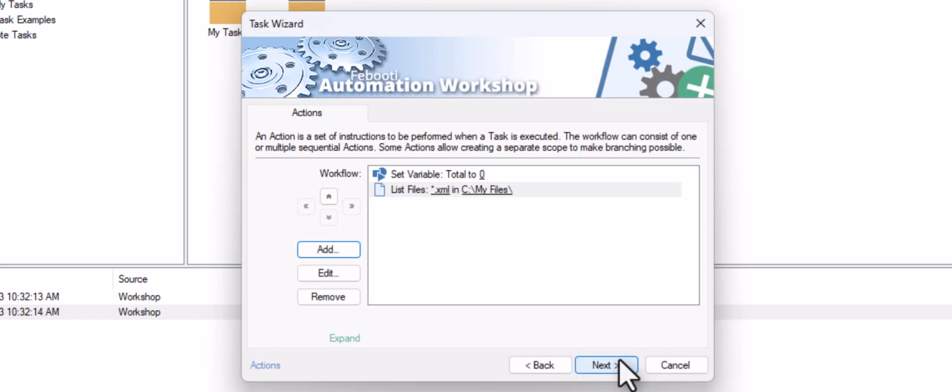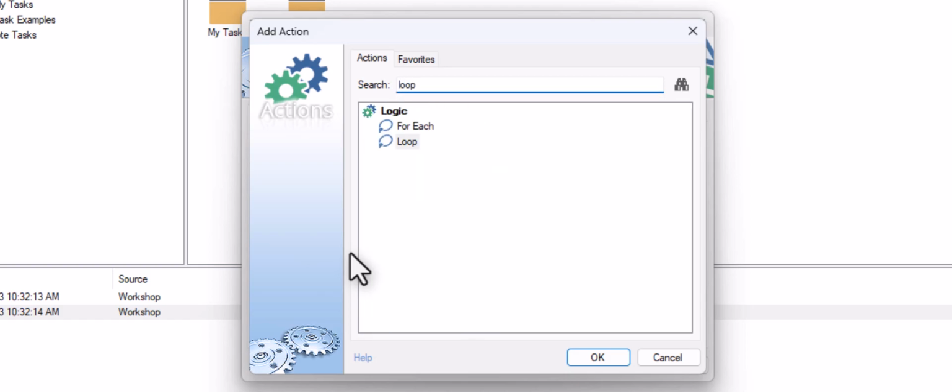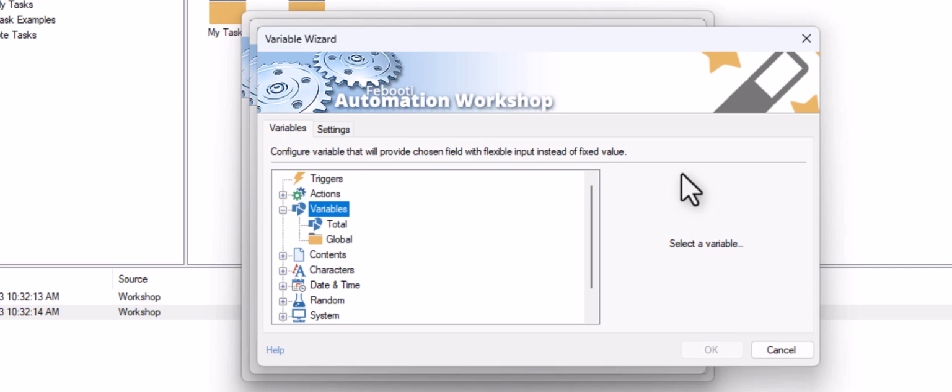Now that we have a list of XML files, let's loop through them. The For Each action is what we are looking for. I will use the Variable Wizard to access variables from our previous actions. Now let's expand the Actions category.